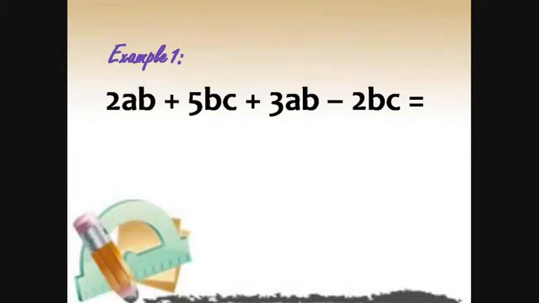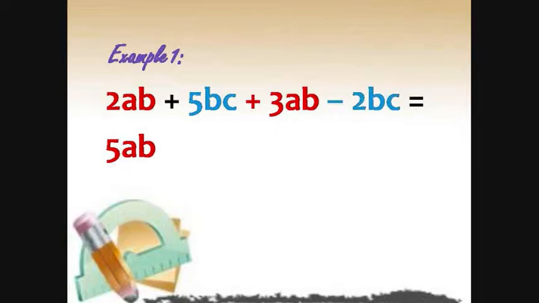Example, 2ab plus 5bc plus 3ab minus 2bc. Here, we take the first term, which is 2ab, and find out if there are other terms with the same letters after it. We notice we have 3ab, so we can add 2ab and 3ab to get 5ab. Next, we pick 5bc. We look for another term with bc. Here, we have